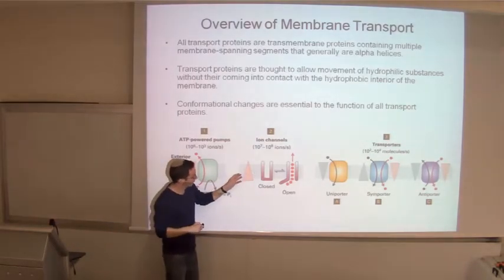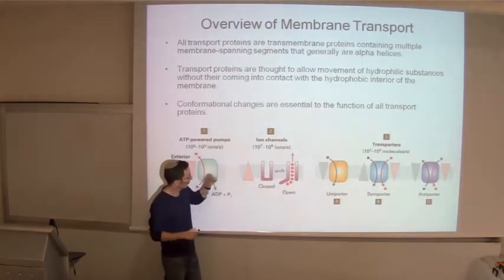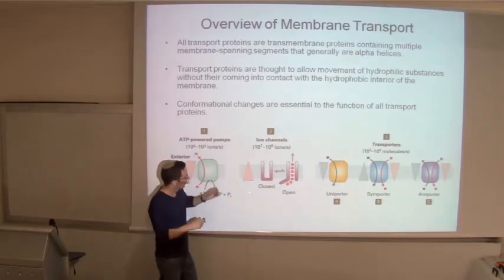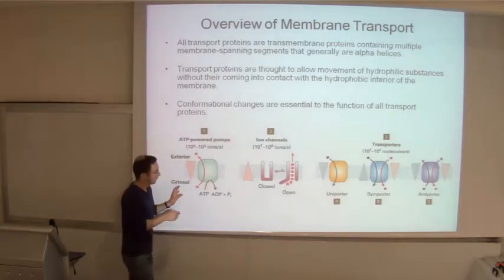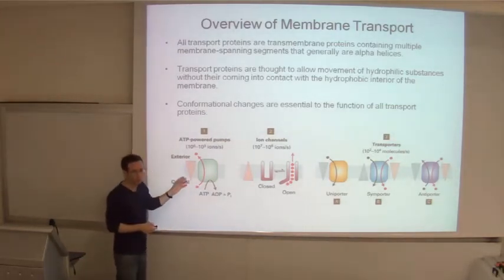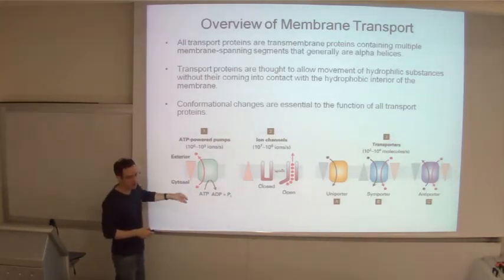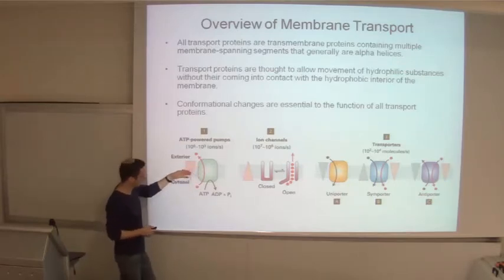ion channels, which can pass ions in a much more rapid way. They can pass 10 to the power of 7 or 8 ions per second. And the huge difference between these two is mainly because each transition of an ion or a molecule here equals just the transition of a single